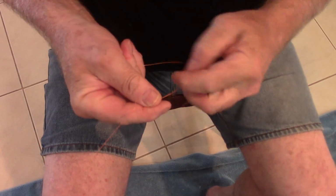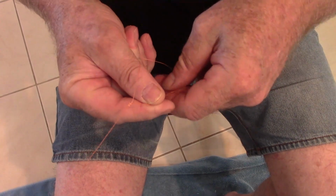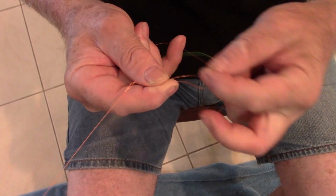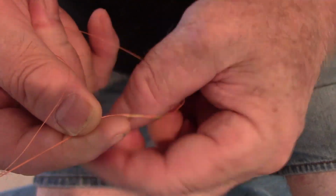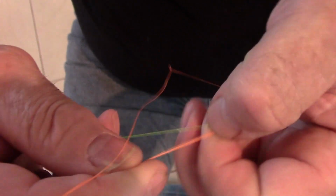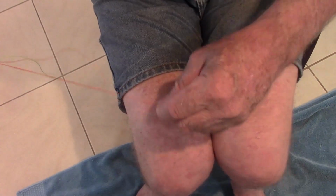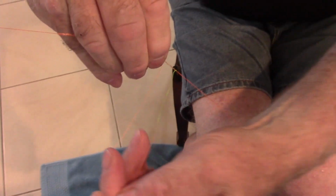I like the bridge knot myself. It's a lot easier when you just keep tension on the line, you don't worry about getting it on camera. Right, and then bring that tag end back up along the line. Keep a little bit of tension on that, on this bottom piece, so that you can now come along and unwrap that. 1, 2,